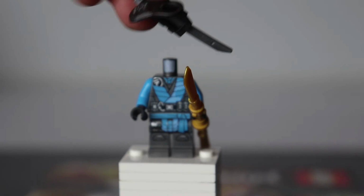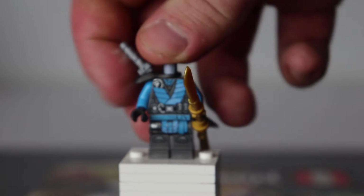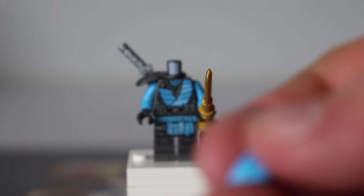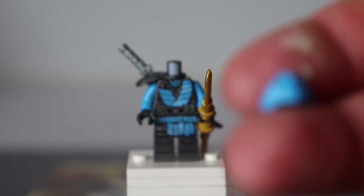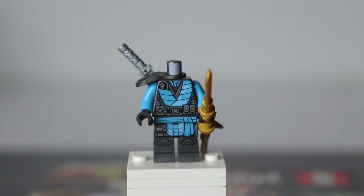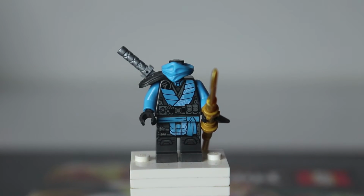It also comes with a katana attack on this one. The same goes for Lloyd, which I forgot to say. Which is the same as the 2019 one. And this set's minifigure actually comes with a dark azure mask for the face piece, and it looks absolutely great on this piece, and it fits very well on this Nia character as created for Nita. So I really like